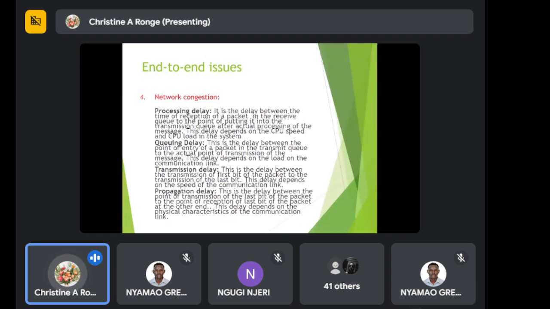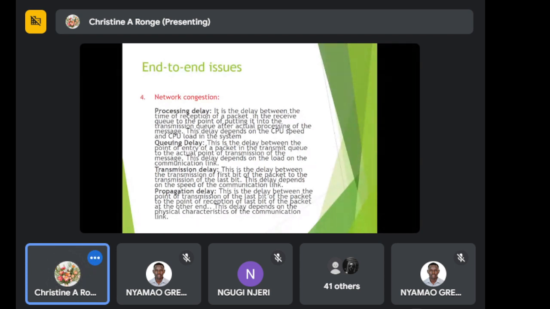Now, what is the transmission delay? The transmission delay assumes it has reached the top of the output queue, and now it needs to be transmitted. So transmission delay is the time it takes to transmit it on a given line. So if the line is transmitting at 10 megabits per second and the frame is maybe 1000 bits, you can always work out how much time it will take to transmit it. That's the transmission delay. Then the propagation delay is the time it takes for it to move from one node